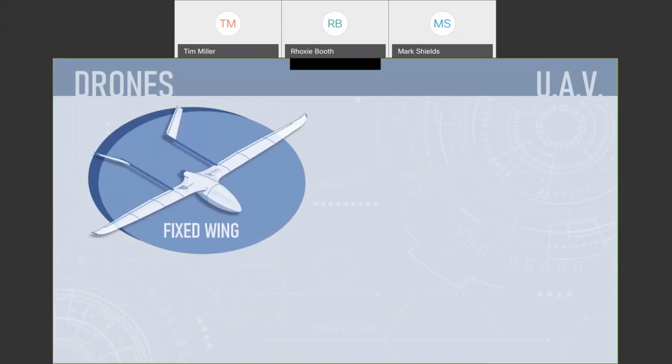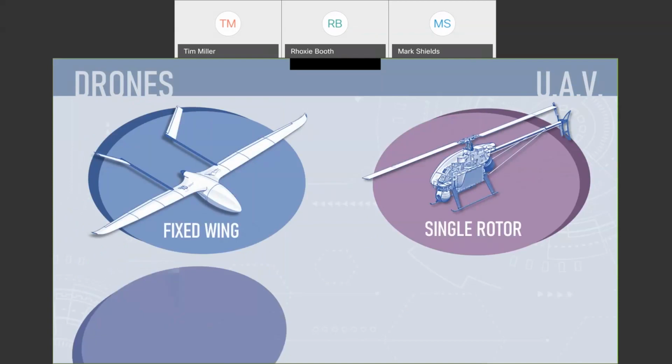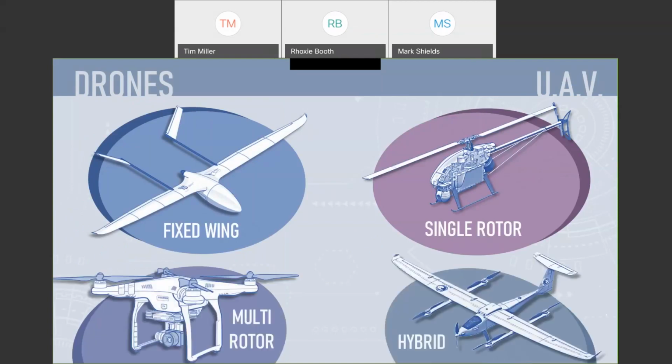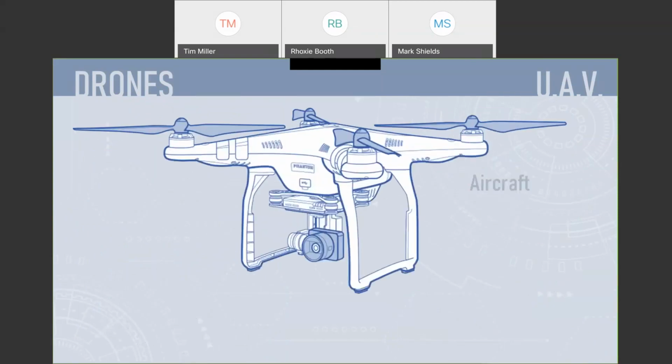So to start, what is a drone? A drone is classified as a UAV or unmanned aerial vehicle. There are 4 main types of drones: fixed wing, the single rotor, multi-rotor, and the hybrid, which is a combination of both. There are 3 main components to a drone: the aircraft itself, which is the props, wings, engine, and guidance systems; the gimbal, which stabilizes the payload and fixes it to the aircraft; and the payload, in this case,